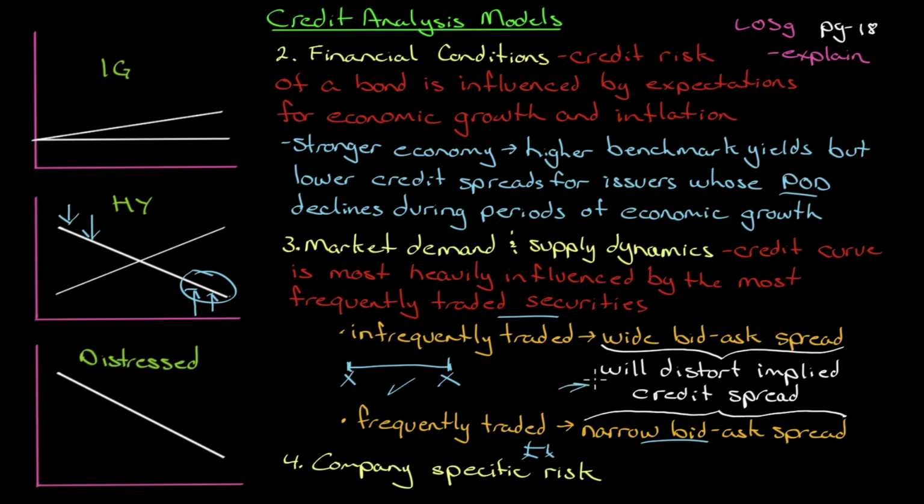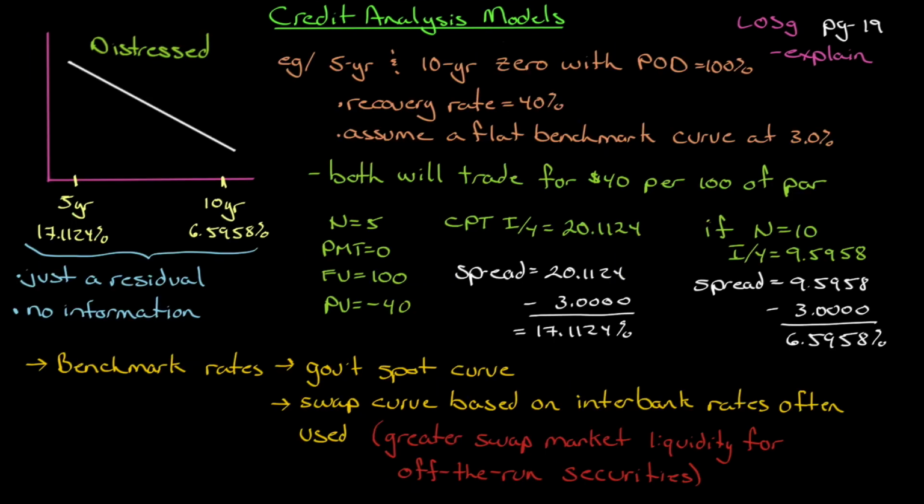So if we're just observing prices and from that implying what the credit spread is for corporates, we have to recognize that most of them are basically illiquid all year long. And then finally, you have company-specific risk. All right, let's deal with